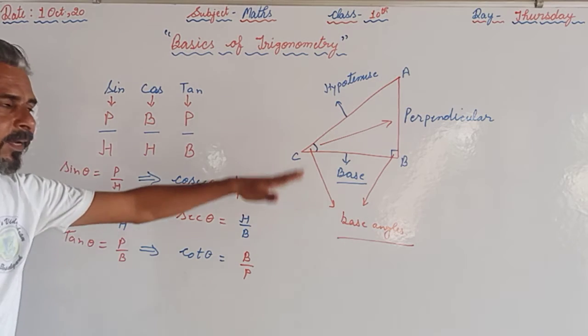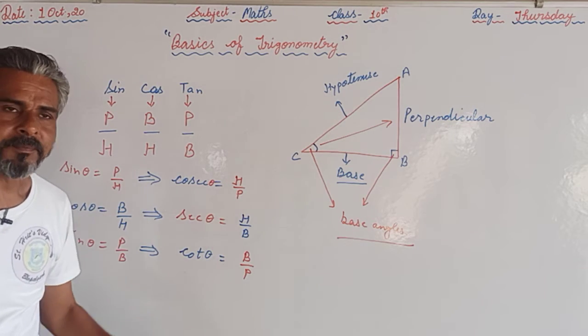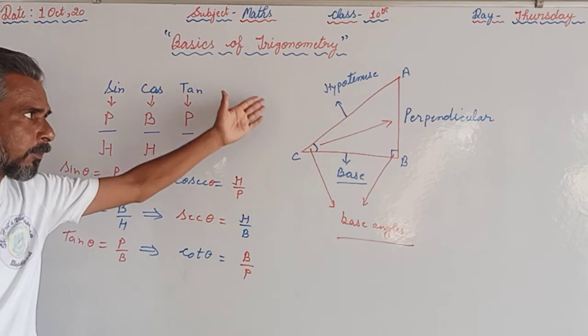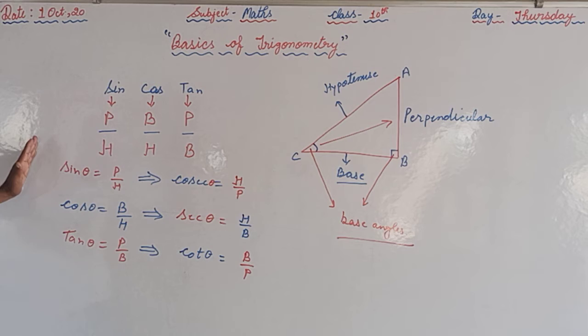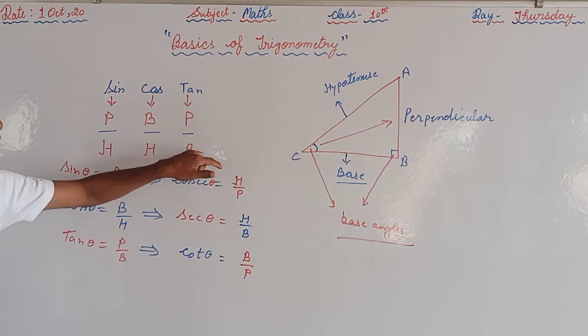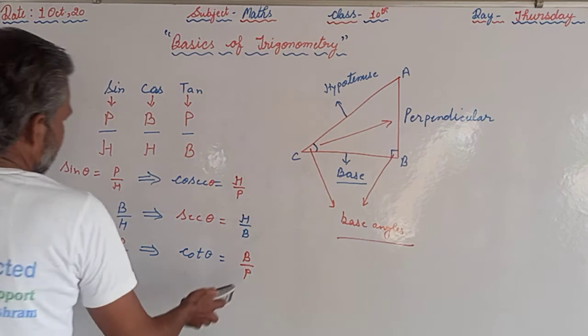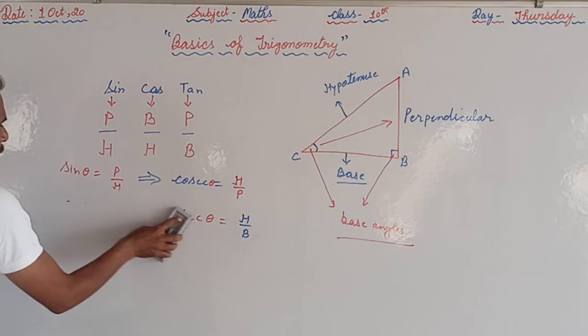If the triangle is given and any two sides are given, then we can find the third side using the Pythagoras theorem. After finding all three sides, the hypotenuse, base and perpendicular, we can find all the trigonometric ratios, because to find them we require the measurement of three sides. To learn these formulas, there is that line, Pandit Badri Prasad har bole. This is very important to keep in mind while proceeding with the questions of this chapter.